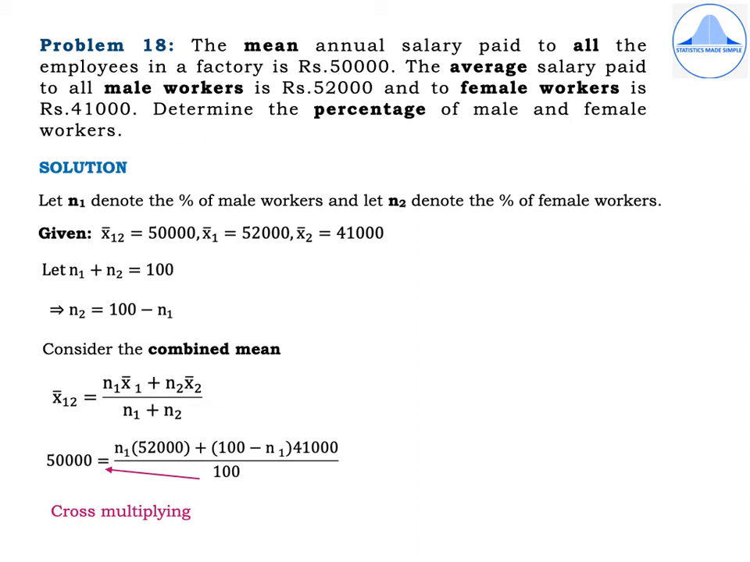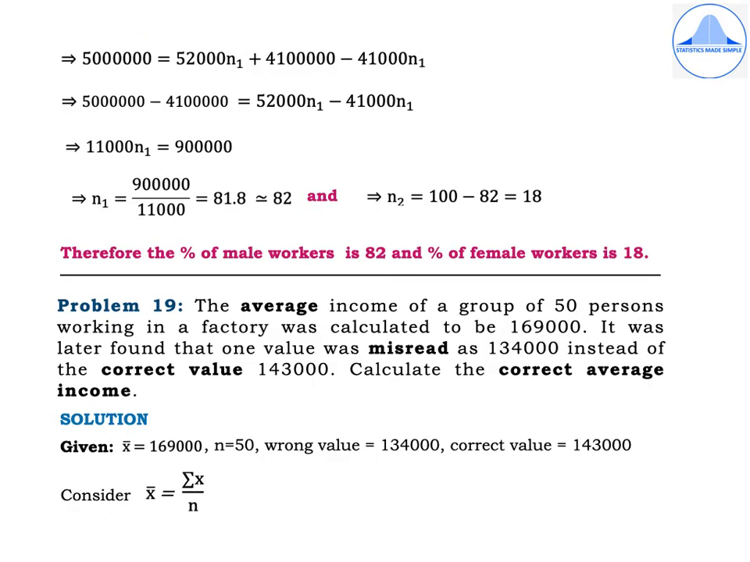Substituting the known values, you will get 50,000 is equal to n1 into 52,000 plus 100 minus n1 into 41,000 divided by 100. We have to cross multiply and then proceed with further calculations. So cross multiplying, we get the next step as 50 lakhs is equal to 52,000 N1 plus 41 lakhs minus 41,000 N1. Grouping the terms of N1 and the constant terms, we get 50 lakhs minus 41 lakhs is equal